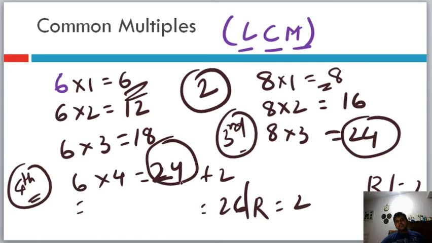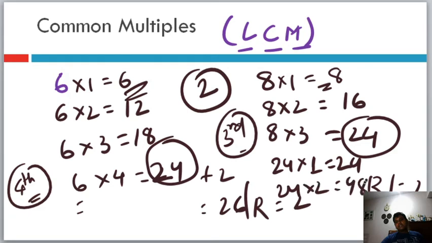Now after this, this is the least common multiple, then you continue to multiply, then you start finding multiples of 24. Okay, and then you will get all the common multiples, like 48 will be a common multiple, then 72 and 96, and then this will go till infinity. So that is the concept of common multiples.